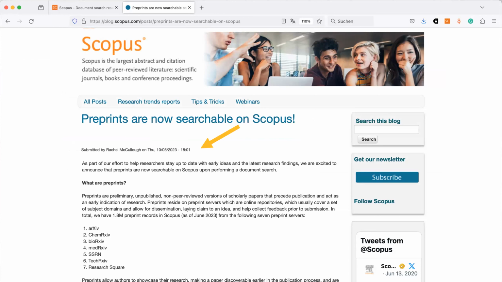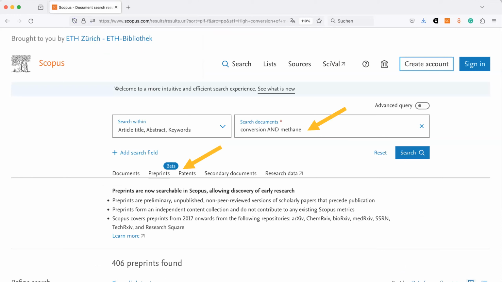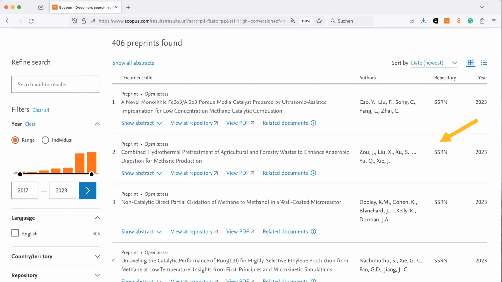And if you look for a certain author, you will see also his or her preprints. So Scopus takes preprints from these 7 archives, including ChemRxiv, bioRxiv, medRxiv. So if you search in Scopus, for example, conversion and methane, you can see there are preprints, and you can see also where the preprints come from.